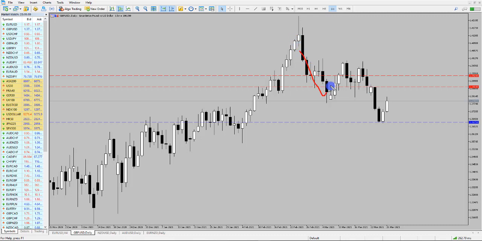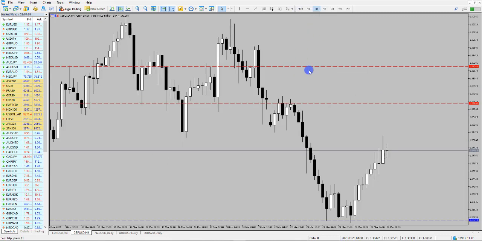At the moment, we have the market making lower lows and lower highs, and that's unlikely to change unless we get some serious higher lows coming in at that point and seeing a change of trend. So what I would need to see in order to be a buyer is that. So we need to focus on maybe the resistance levels this week, and the resistance level could be up around